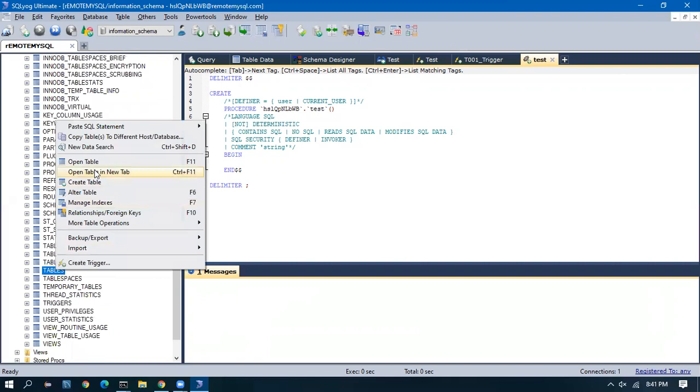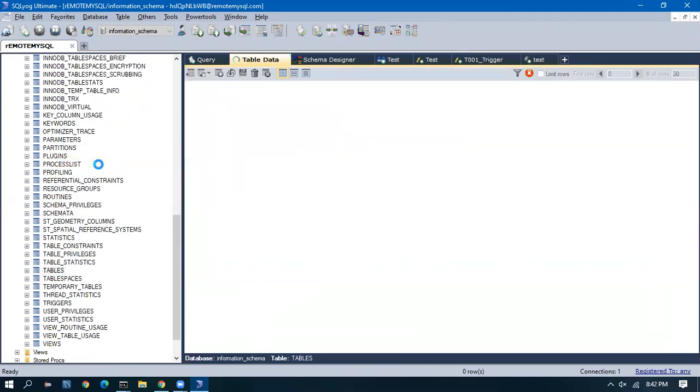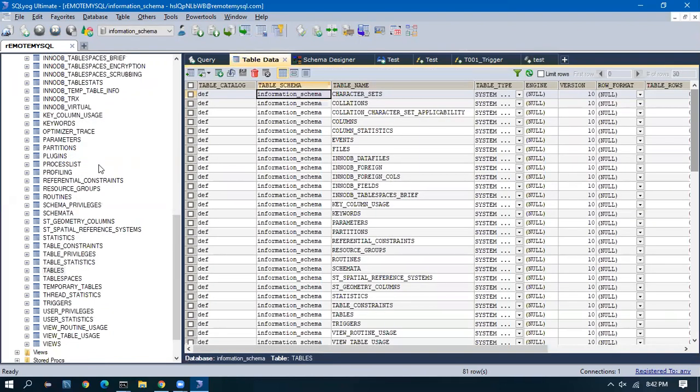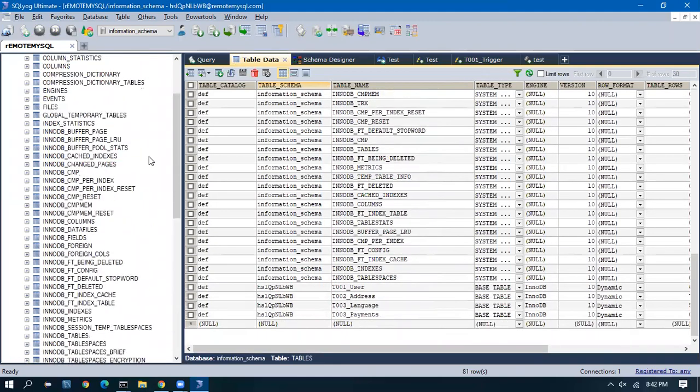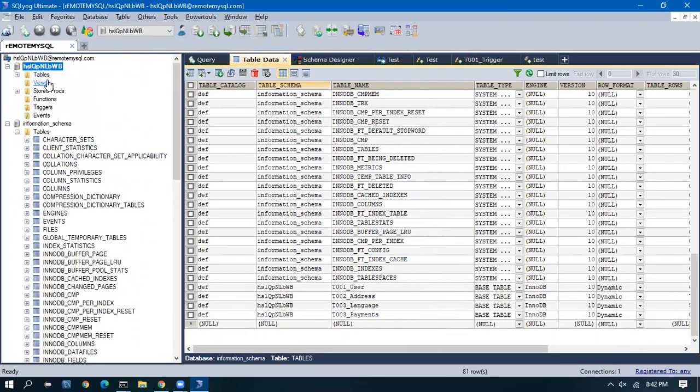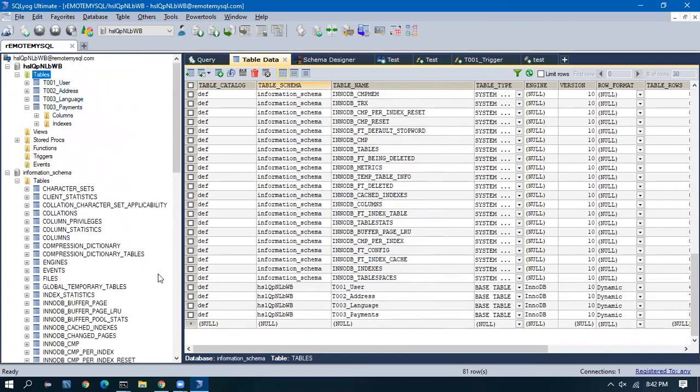If I open up one of these tables, we can see that it contains the information of all the schemas: the table schema name, the table name, table type, engine, all these are there. The tables which I have created have also come up here. I have created nearly 4 tables, and all those 4 tables have come up here.